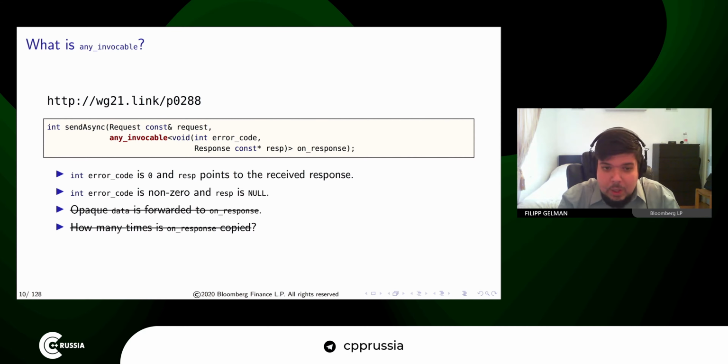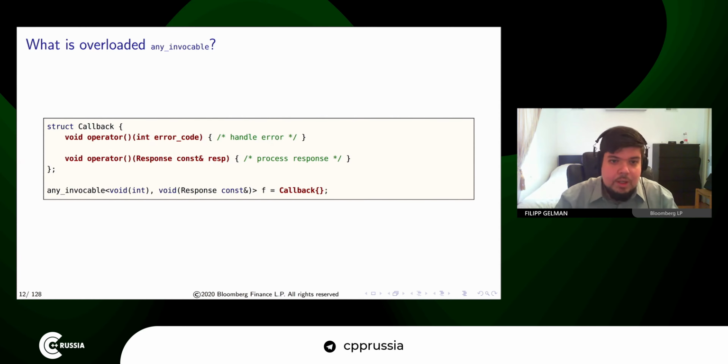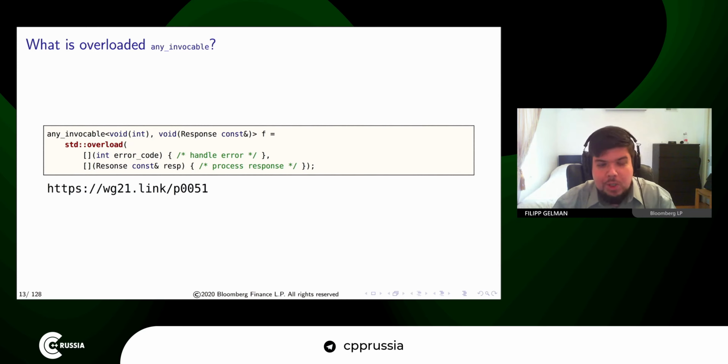Can I do better? Well, if I instead pass an overload that handles either success or failure and handles them separately, then I can make that much better. I can pass a callback object like this one, with two overloads of a call operator that handle success and failure separately. And maybe these two overloads can share some state, which would be much more awkward to do for passing two separate function objects. Or if I really want to, I can use Std Overload to combine a bunch of lambdas into one